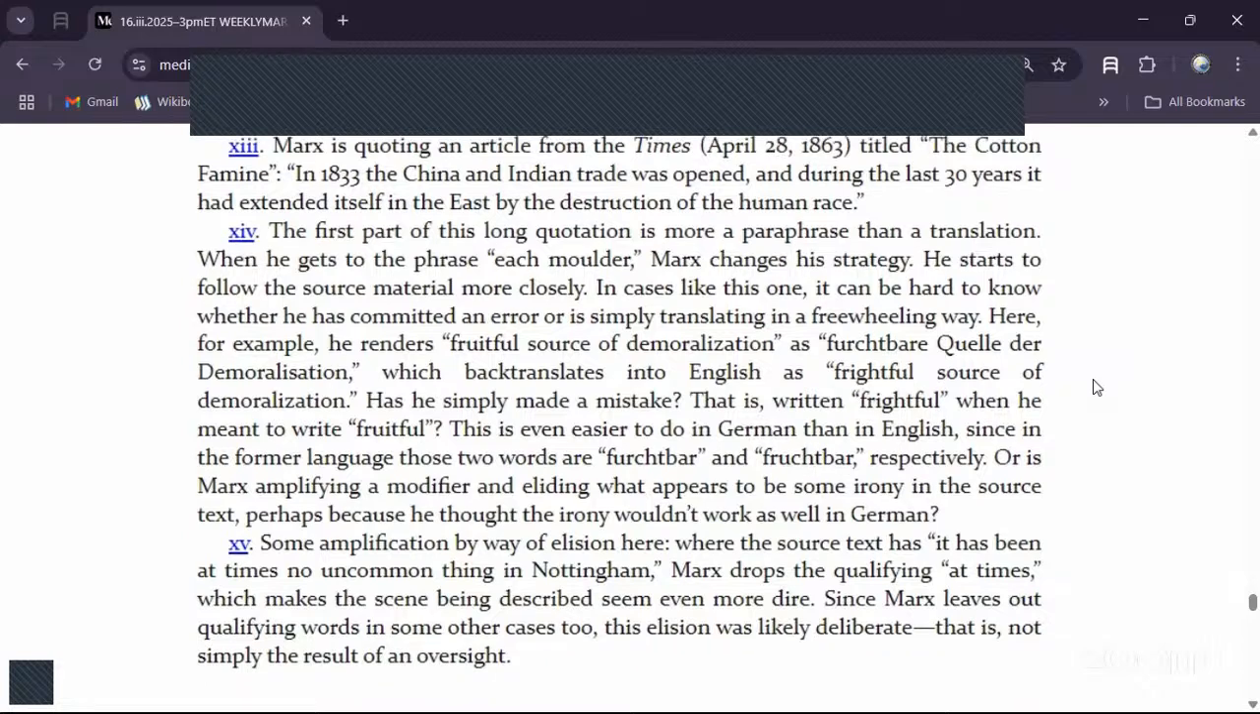The first part of this long quotation is more a paraphrase than a translation. When he gets to the phrase, each molder, Marx changes his strategy. He starts to follow the source material more closely. In cases like this one, it can be hard to know whether he's committed an error or he's simply translating in a freewheeling way. For example, here he renders fruitful source of demoralization as